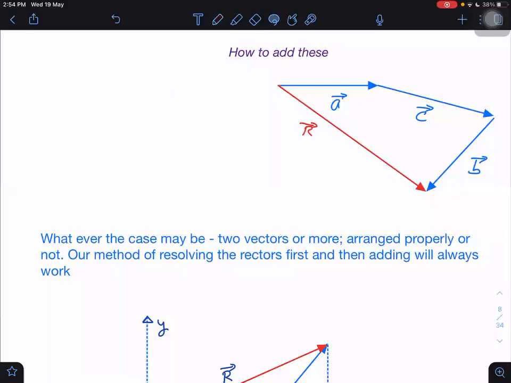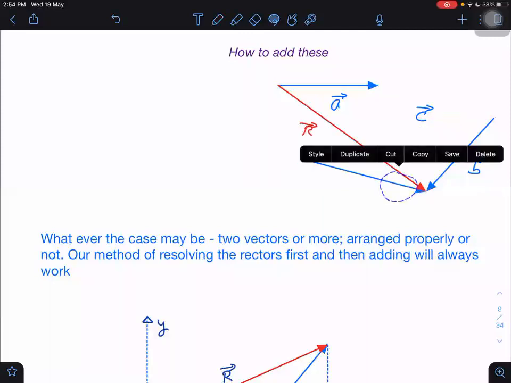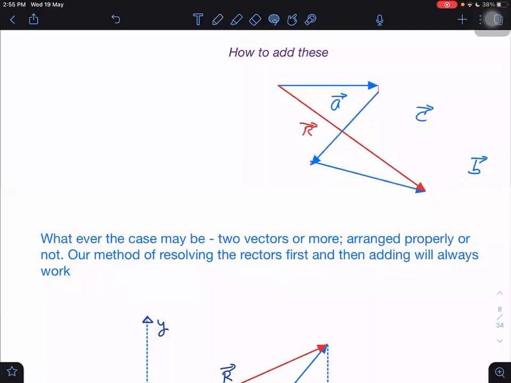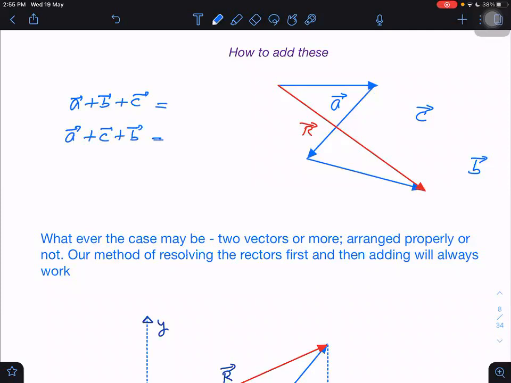Now notice one thing here. You may think the answer will depend on how we are arranging. It will not depend on how we are arranging. I could have done the way I was doing before. I could have taken C this side and B that side. Then also observe, are we still getting the same vector or not? Yes, sir. Yes. So the resultant will remain the same. It doesn't depend on which order we are adding. In one of the cases, I added A first and then B and then C. And in another case, I added A with C and then B. But in both cases, I got the same resultant R, the same vector finally.